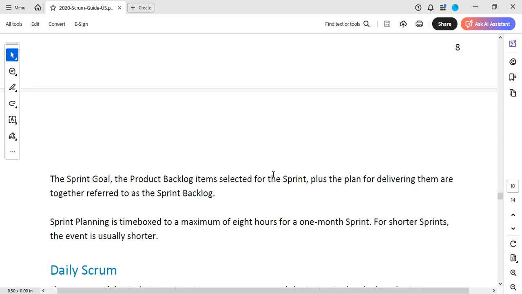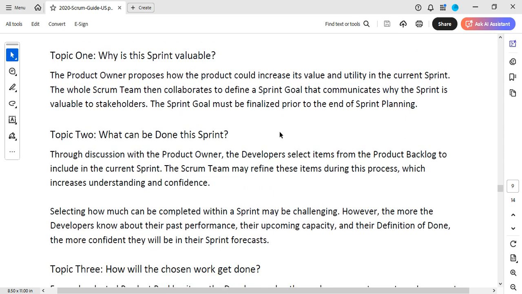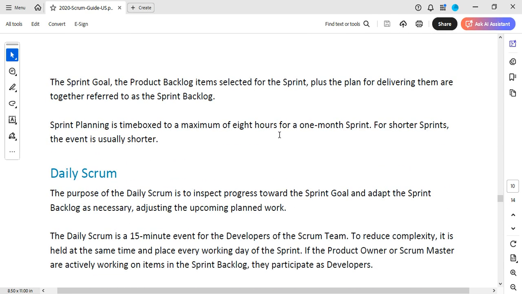Plus the plan for delivering them. Now, the developers come forward with a plan that this is how we are going to deliver this, all of this from the sprint backlog. And remember that for the sprint planning, we have why is the sprint important, what can be done this sprint, and how will the chosen work get done. So sprint planning